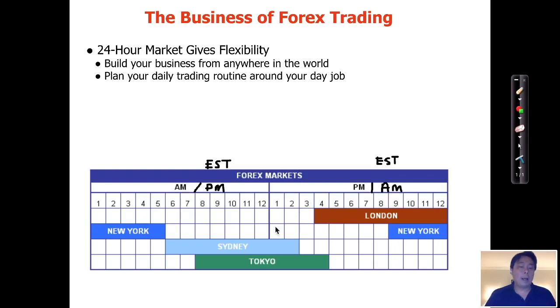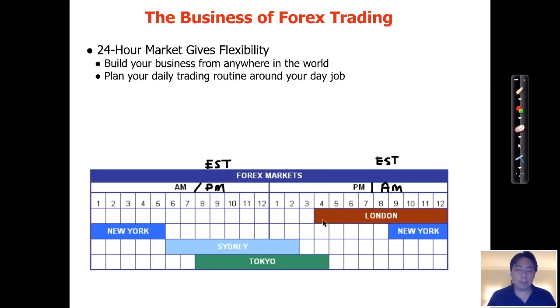around. At 6 a.m. Singapore time, the Australians start trading. All right, Australian market opens, Sydney opens, so they start trading from 6 a.m. to 2 p.m. So that's when the Aussie dollar, Australian dollar starts getting active, because that's when the Aussies are trading, okay? And at 8 a.m., you find that the Tokyo market opens and Tokyo banks start trading. So that's when the Japanese yen starts getting active, all the way from 8 a.m. to 4 p.m., okay? Now, so that's again when the Japanese yen gets active.